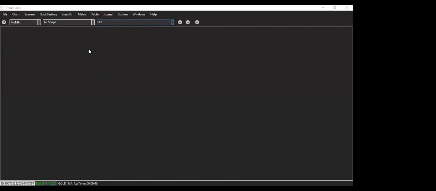So the way I go about it is to set up my screeners. I will take you through what I do for my Excel, and then I can try to explain. Because I am long only, I want to ensure that my systems are all bullish signals for me. And for me, I start with all the time frames. For people who are not familiar with TradePoint,